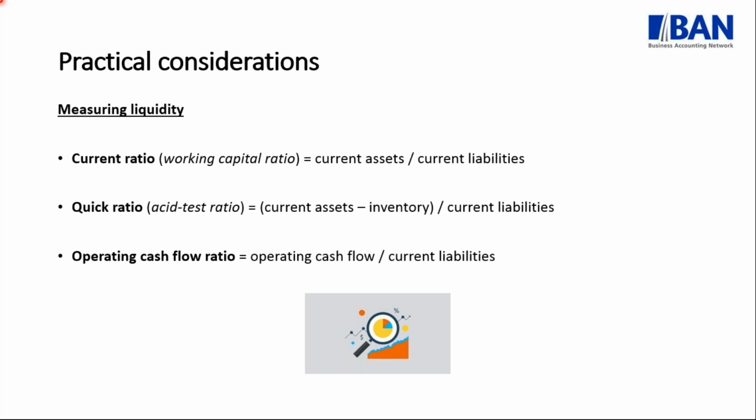Because remember, if you look at your financial statements, let's say your statement of comprehensive income or your income statement, your accounting profit is not necessarily always an indication of the actual cash in your business. To be liquid and to service your short-term debts, you need to have cash available, or assets that can easily be converted into cash, to be able to pay that. That's why, as part of your liquidity, you need to look at the cash flow portion of it as well.